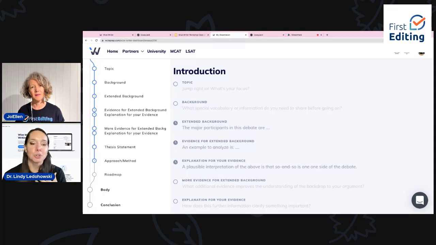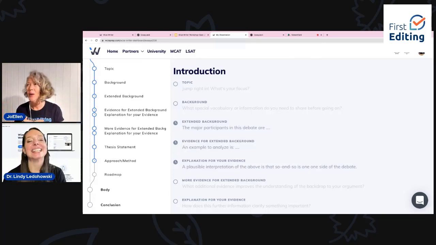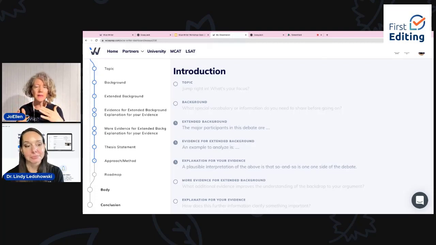So being able to understand the component parts and then get help on the component parts along the way is a really smart way of tackling a large project, particularly a PhD dissertation. It's a lot. It's a lot. And it's really great, that's an understatement, to be able to start there with a tool that walks you through, teaches you how to think, how to organize, how to put it together, and then having that as your foundation of where your conversations start, having an understanding of what the sections, as we've spoken about,